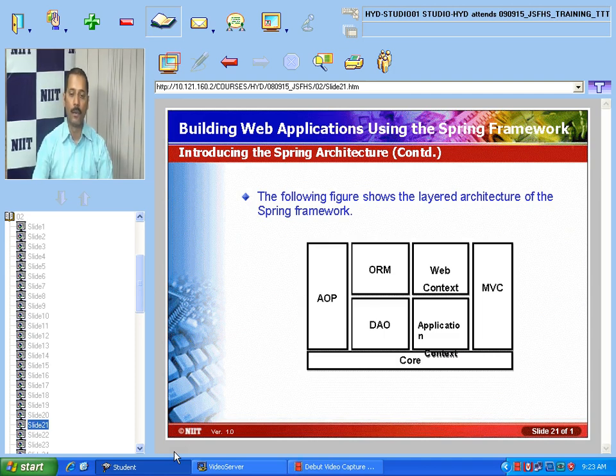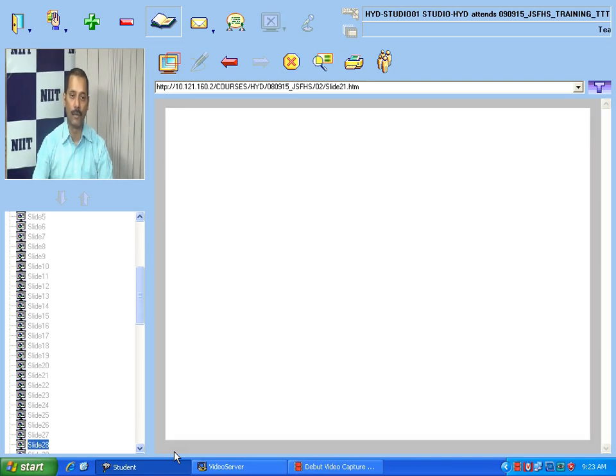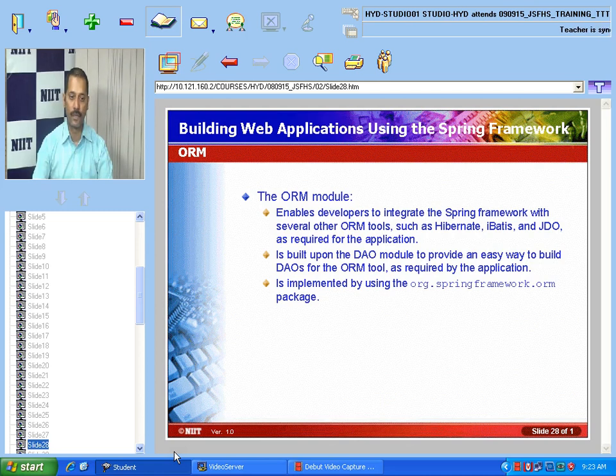This is implemented using the org.springframework.orm package. This is the package you are going to use. The ORM module is based on the DAO module only, so this is what we need to remember.